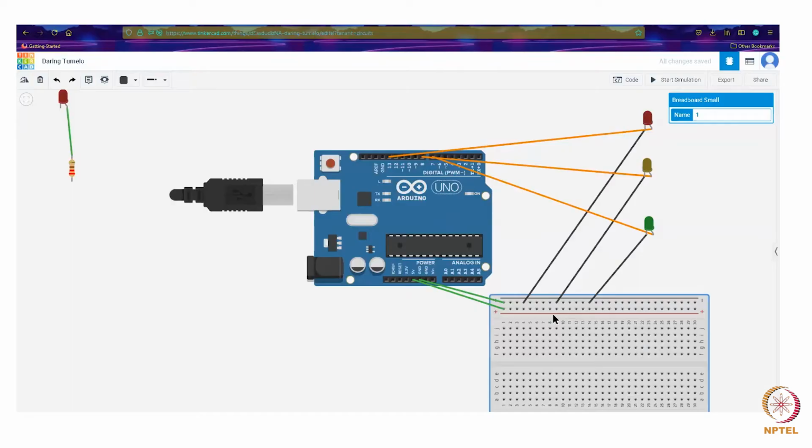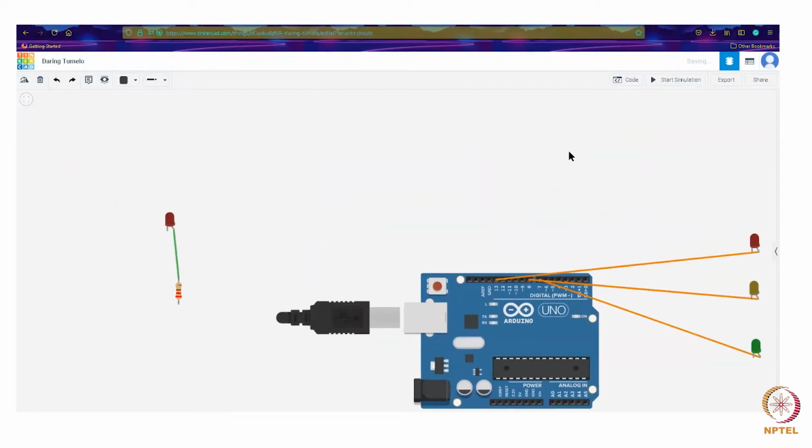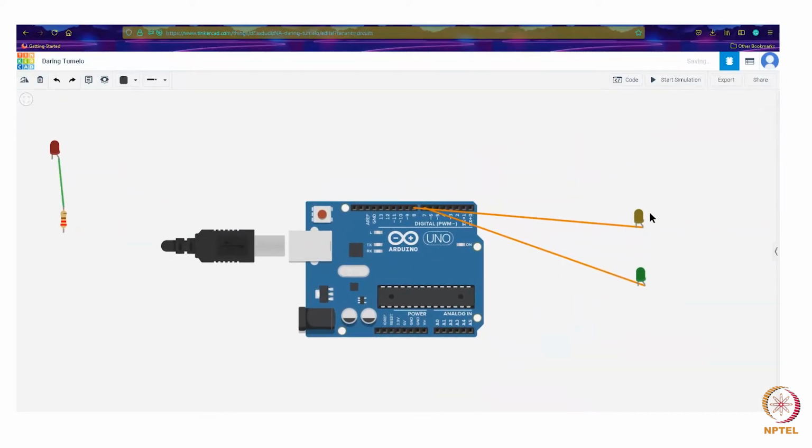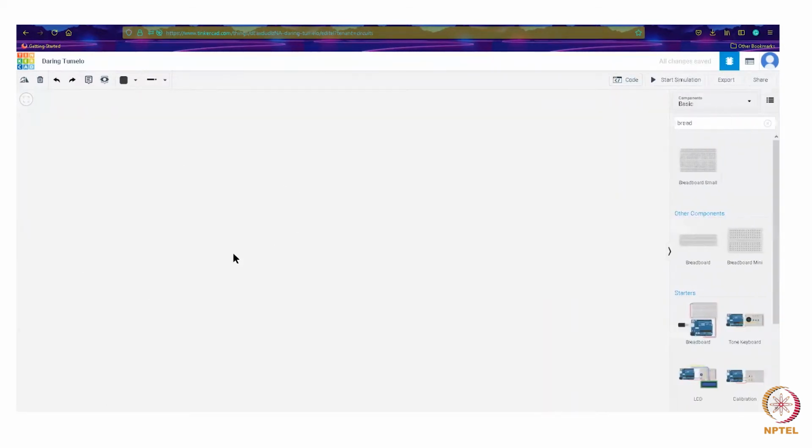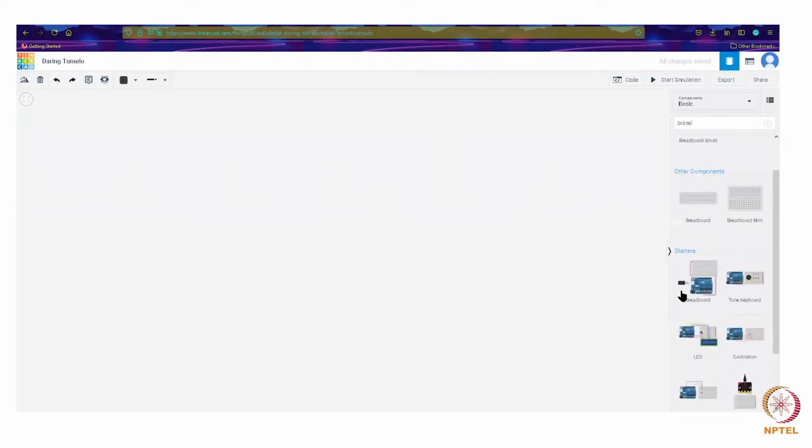So let me clear all these components. So we have the empty desk again, and we'll take the Arduino with the breadboard.